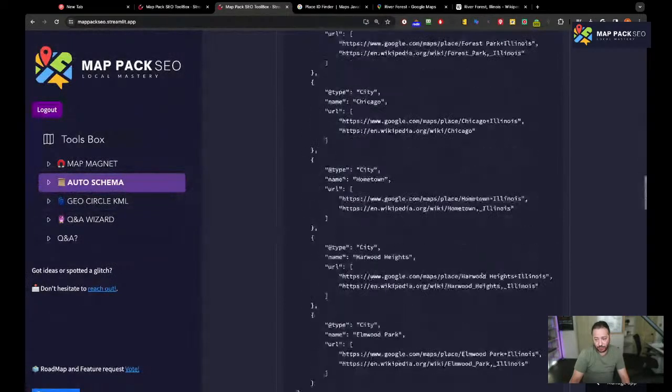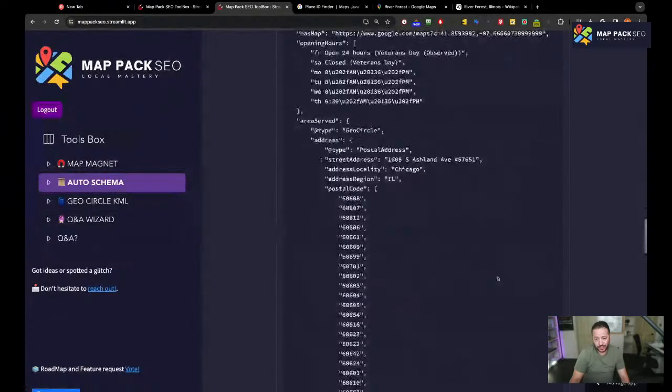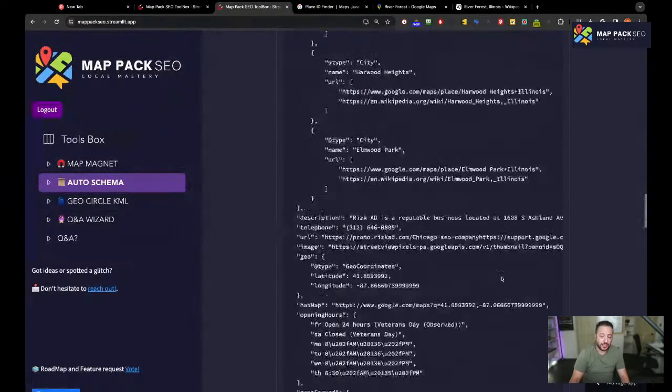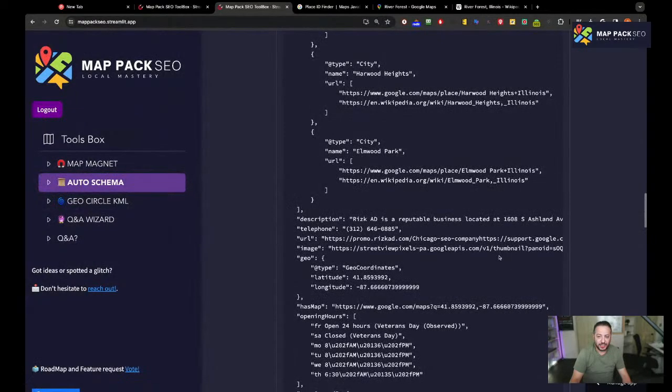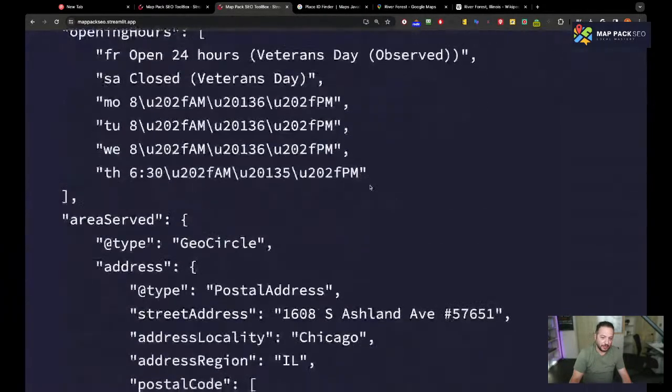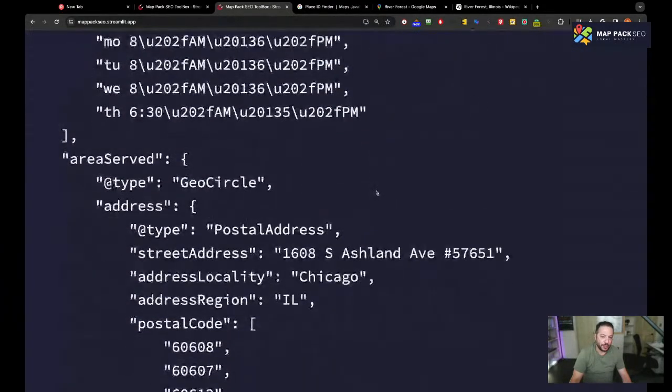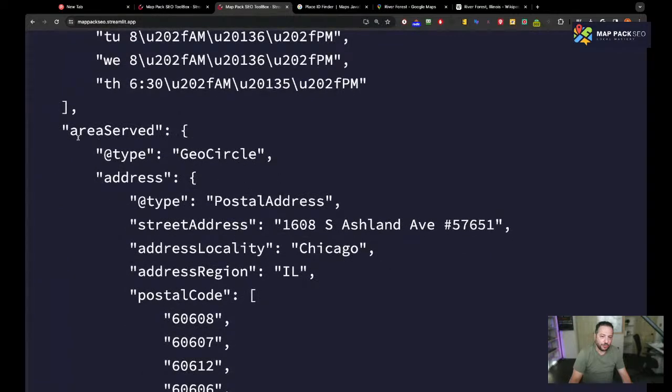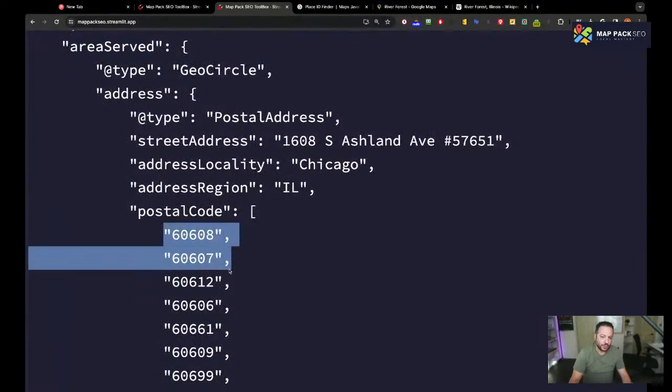If you're an SEO agency, this is going to save you tons of time, and it's going to get you premium results basically. So if you look right here, other than just listing the cities with the Wikipedia and the map link, it gives you the area served with the zip codes as well.